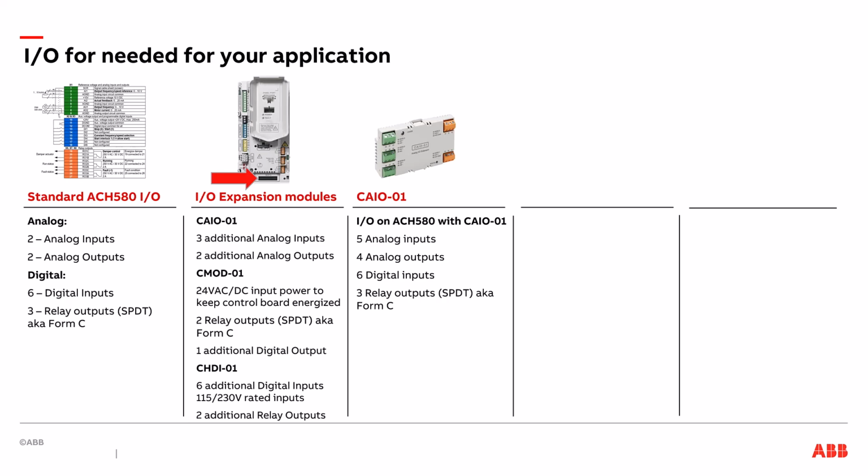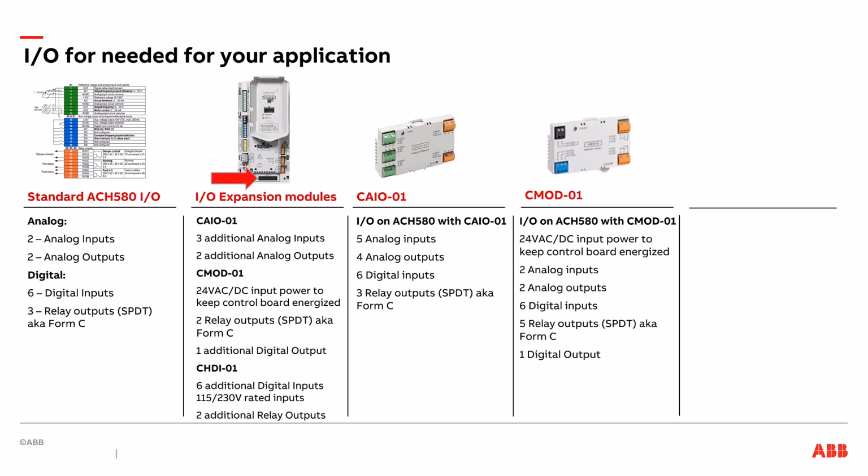These additional analog inputs and analog outputs are very valuable when you apply the ACH580 to any standalone application where you might want the drive to manage a process. This includes cooling towers, air handling units, chiller condenser loops, and many other applications that require expanded analog input and output capacity. The CMOD-01 provides a very important feature in its 24-volt AC/DC input power capability that it provides to